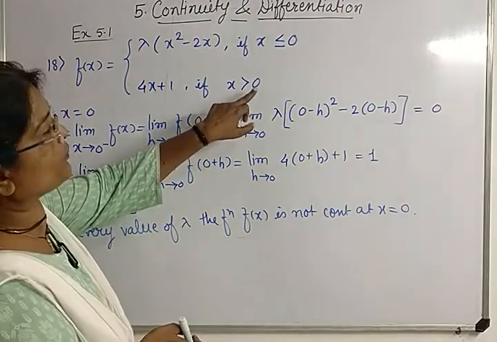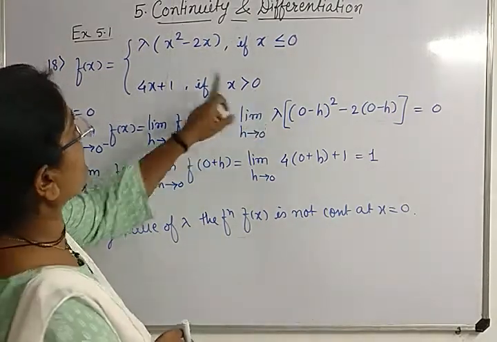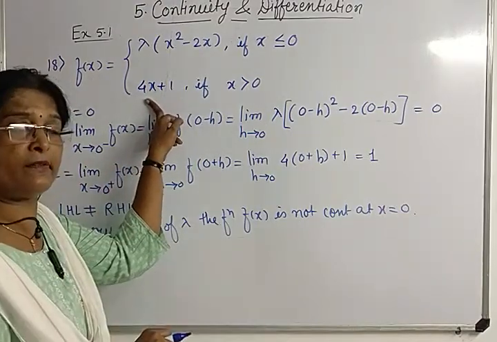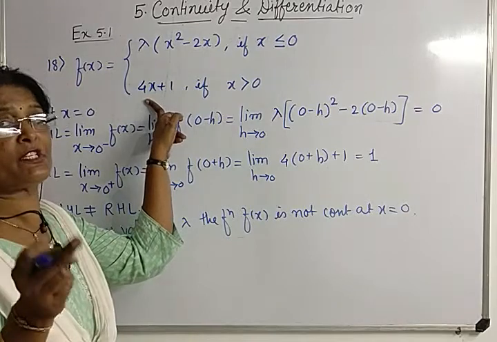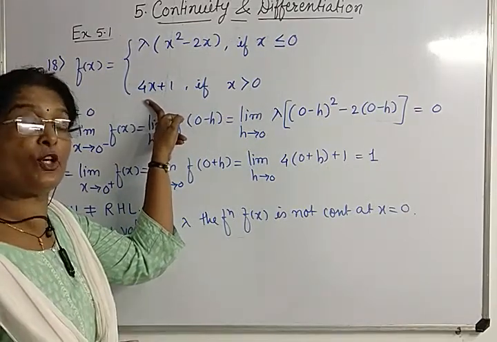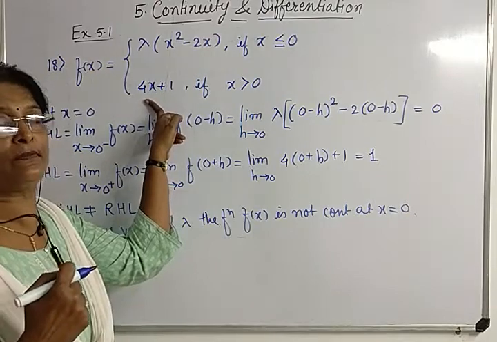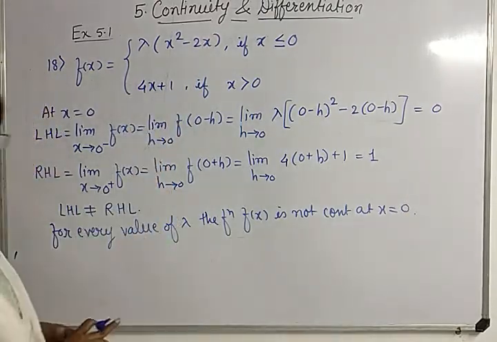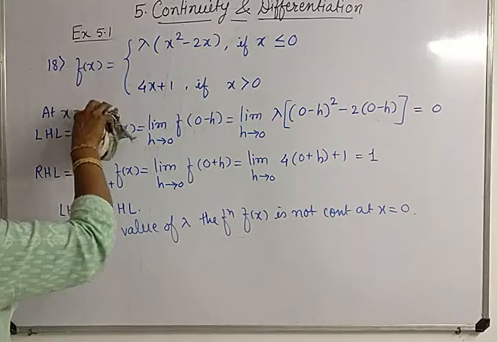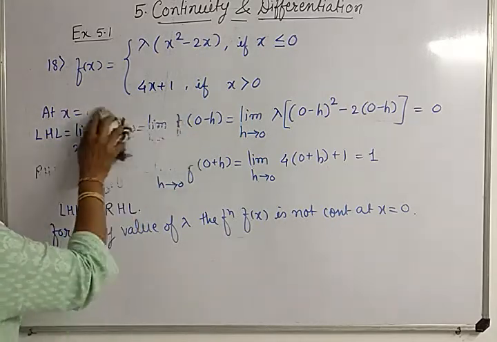तो x equal to 1 के लिए लेफ्ट हैंड लिमिट भी यही रहेगा, राइट हैंड लिमिट भी यही रहेगा. तो फंक्शन की डेफिनेशन चेंज नहीं हो रही है. It means that there are chances of getting continuous. So we will check it at x equal to 1. At x equal to 1,